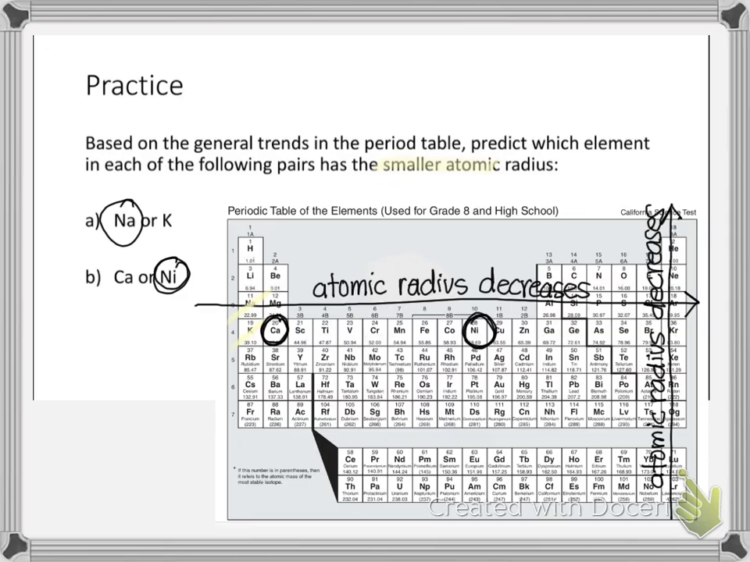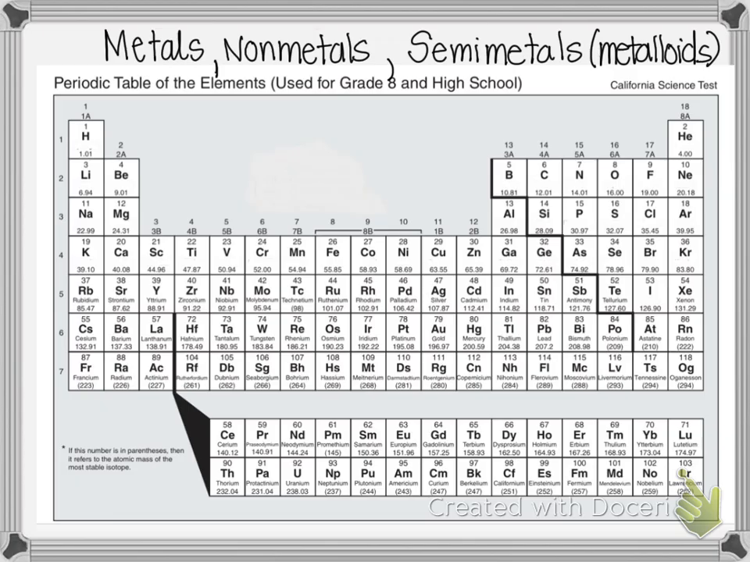All right, so what's the next trend? The next trend has to do with metals, nonmetals, and semimetals. And so before we do that, I want to show you on the periodic table, we can identify these three categories. So you see here there's a stair-step line right here. And that stair-step line divides the two big categories. On the left,